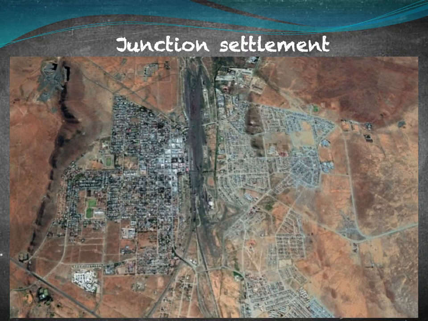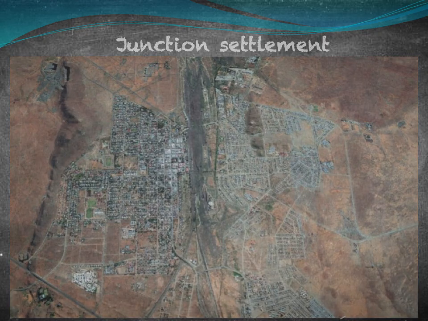And so we see that this town, you can see when you look at this Google image, developed because of a major railway junction that happened there, and that is why the town could develop, because when you look at this town, you see it's developed in a very dry and arid region. So there's no reason for it to be there. And so this is because there was a junction, and at this junction there was opportunity for trade, there was opportunity for work, and that is why this urban settlement developed here.